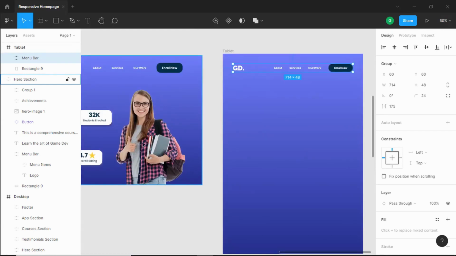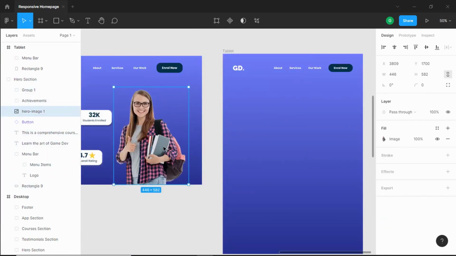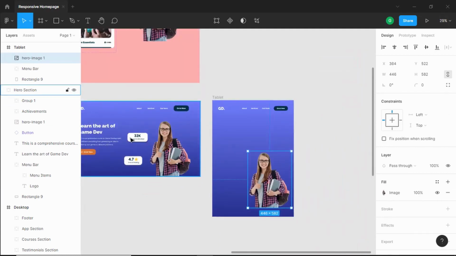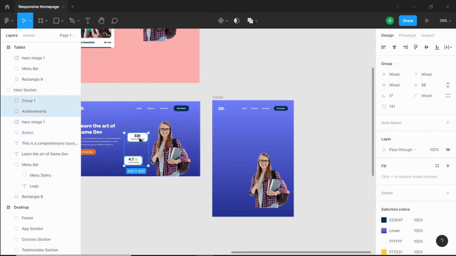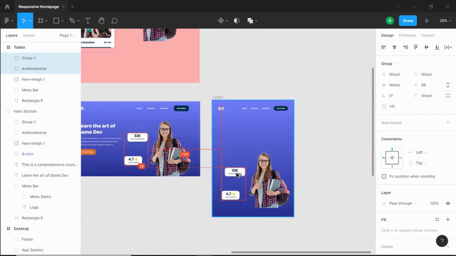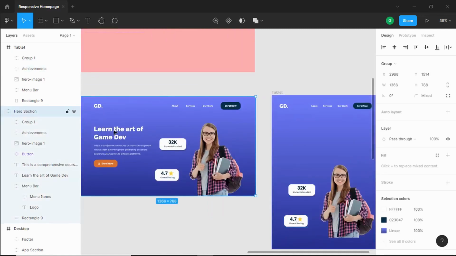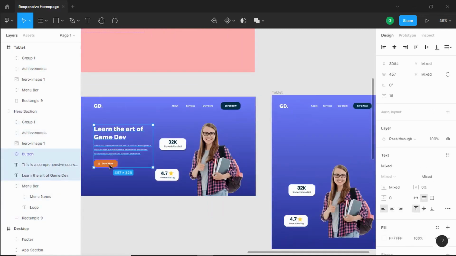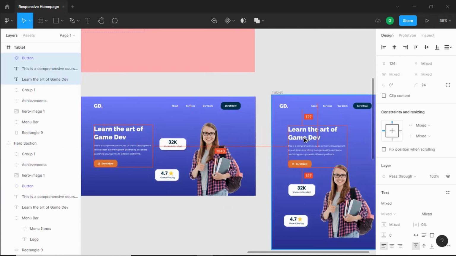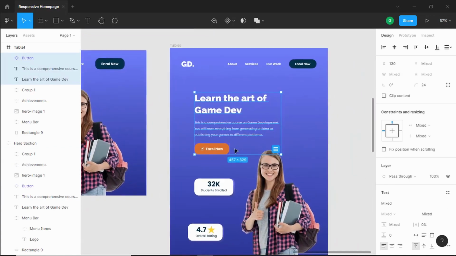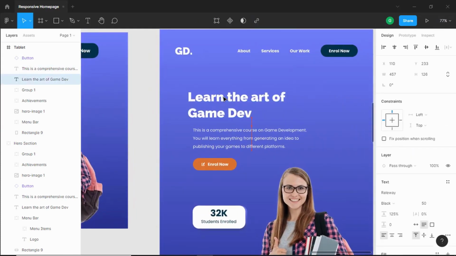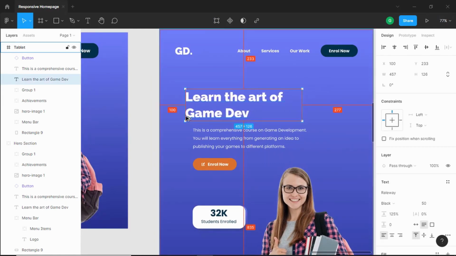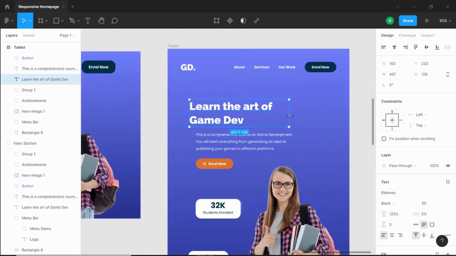So let's copy this image. So I'll just bring this over here, and let's select both of these cards, and let's duplicate them and bring it over here. And let's also select these three elements, the heading, this paragraph, and this button, and let's duplicate them and bring them over here. And we'll just change this button to mobile. Right now let's go ahead and bring it to the left, and we will have a spacing of 100 pixels, and we'll do the same for the right,